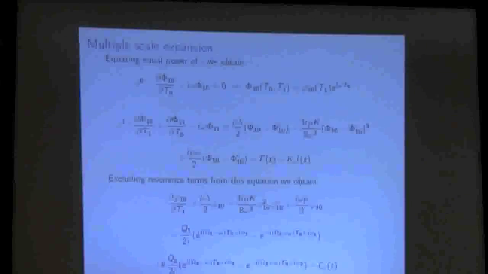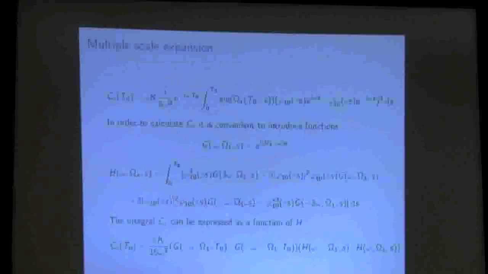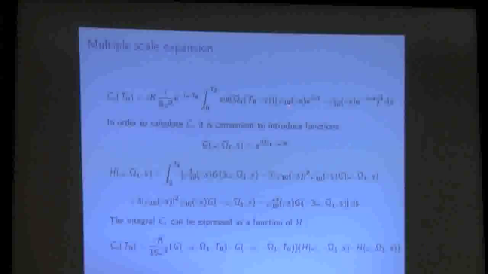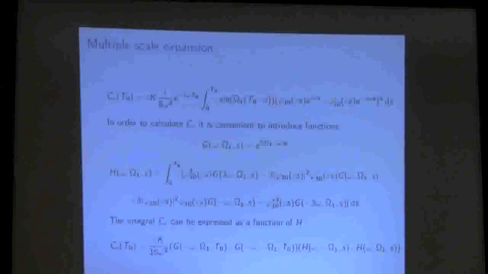In this equation again I have q1, q2, and I have written that it depends on different coefficients and initial conditions, and I have this term c epsilon of t that is an integral term, and it is this equation. You see that it depends on phi 1, 0, it depends on the multiple scale analysis. And c epsilon could be, the expression could be improved by introducing this